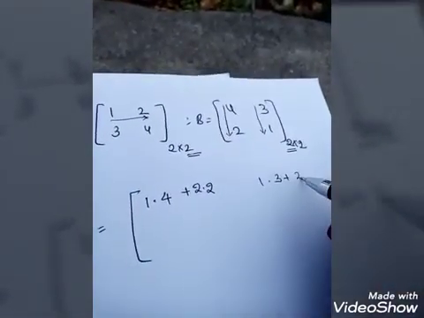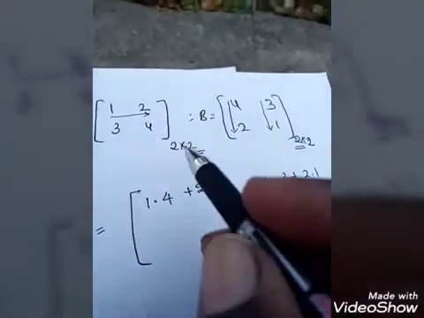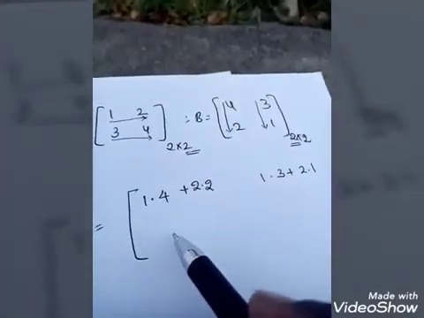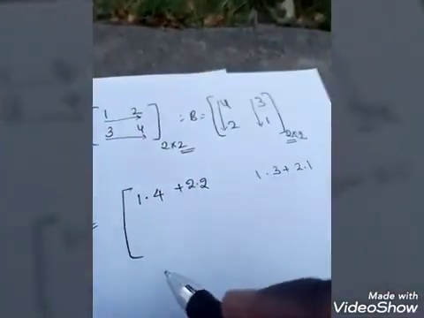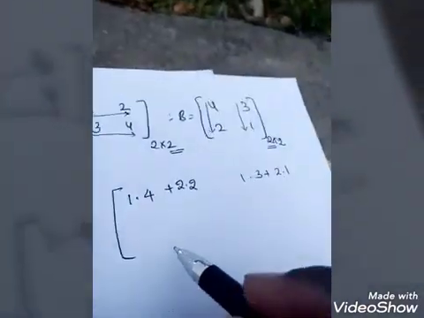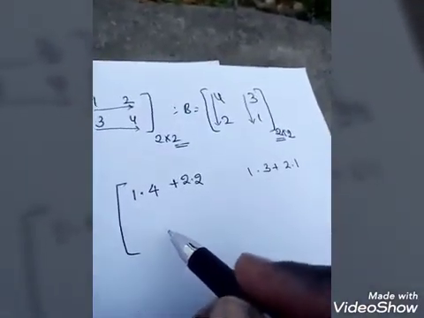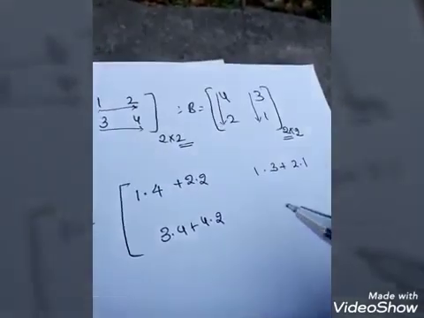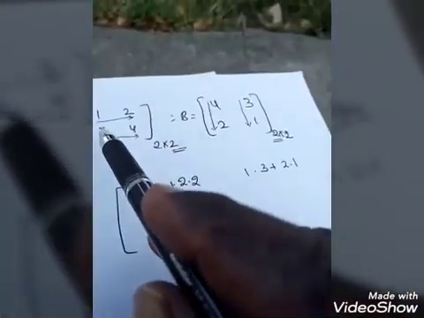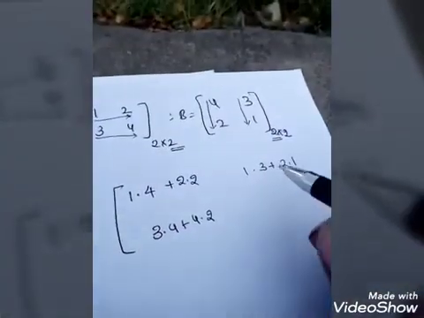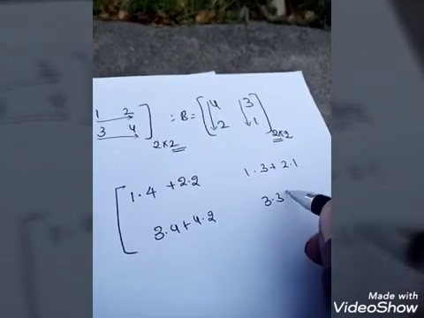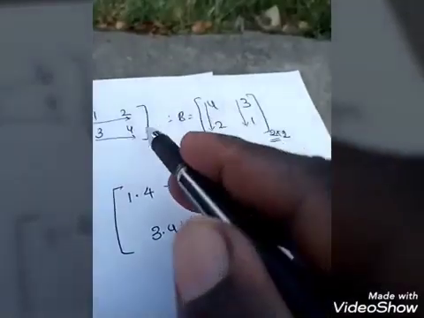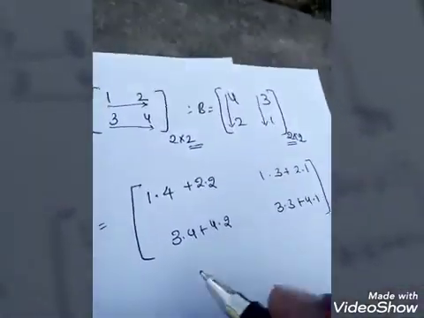2 into 1. Next one is A21, that means second row, first column, and here you are going to get 3 dot 4 plus 4 dot 2. And the last element is A22, that is second row, second column, that is 3 dot 3 plus 4 dot 1. Now what you are going to get. Observe there, here